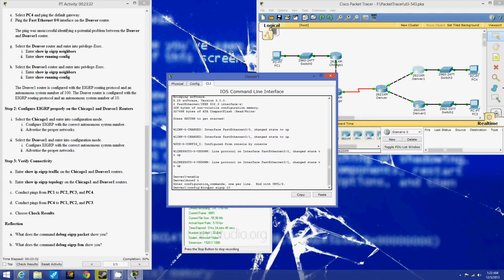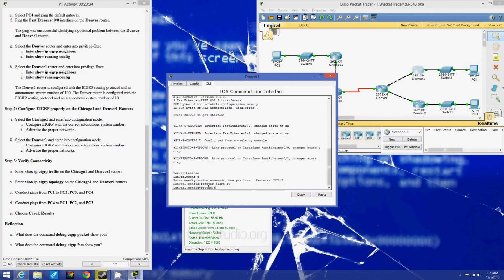Whoop, froze for a second there. We're going to go 10, enter the network, and we're going to go network 10.10.40.0, and then we're going to go 0.0.0.255 for the subnet mask,